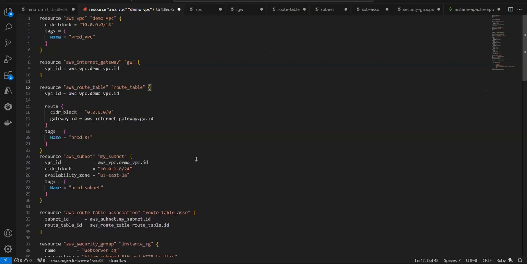Subnet, AWS route table, that route table ID. Whenever we provide the ID, it is the resource type and name, and we provide it with a dot like that. That is aws_vpc, this is the type of our VPC. See, the type of our VPC is aws_vpc. Then there's a dot. We need to provide a dot when we